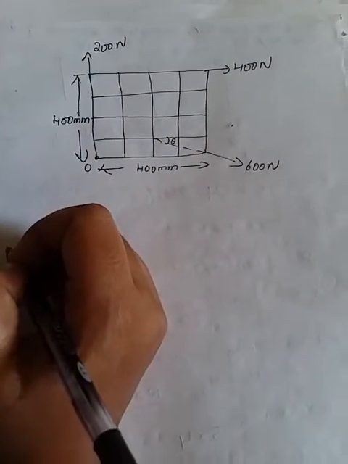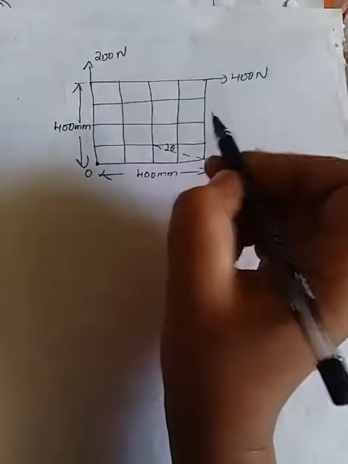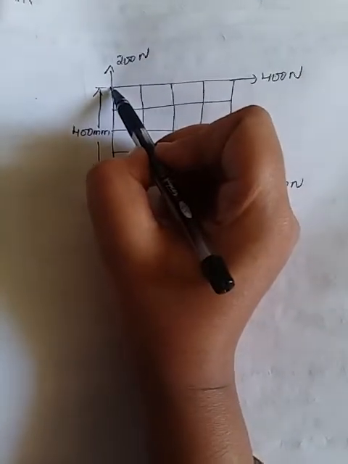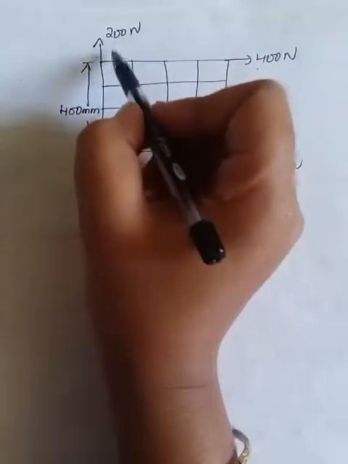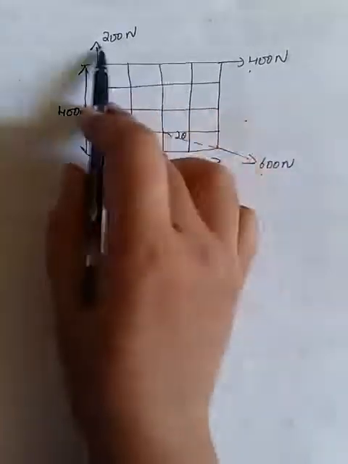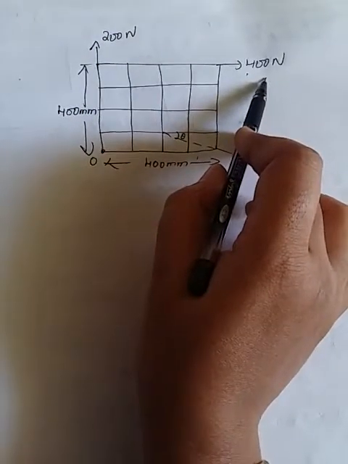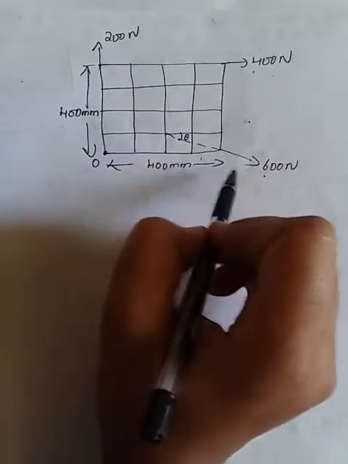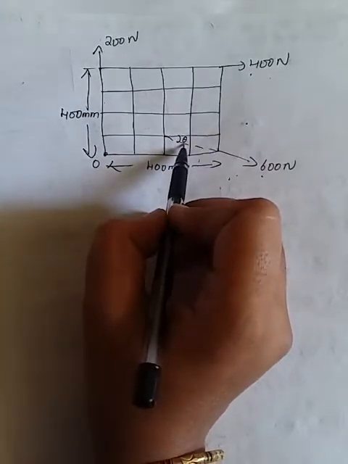Now let us find the theta value here. Look at this grid problem, they have given a 200 Newton force and a 400 Newton force, and one more, a 600 Newton force. These two forces are given directly as straight forces, no need to resolve; only you need to resolve this 600 Newton force. So before resolving you need to find out the value of theta here.